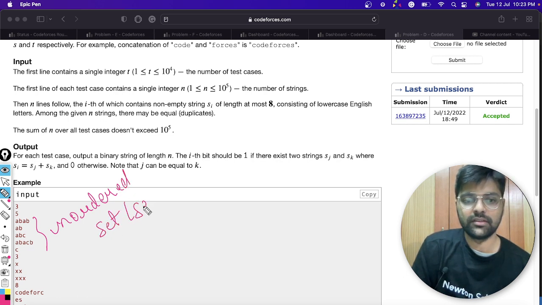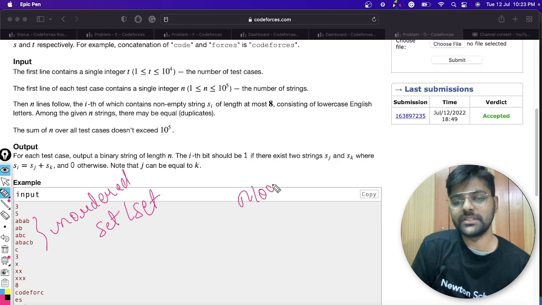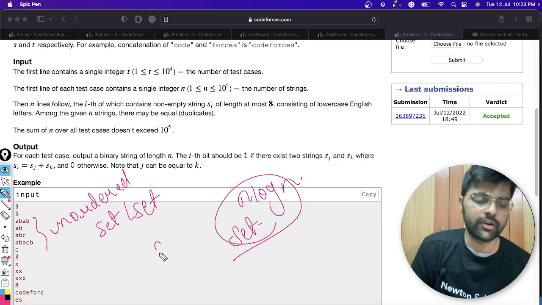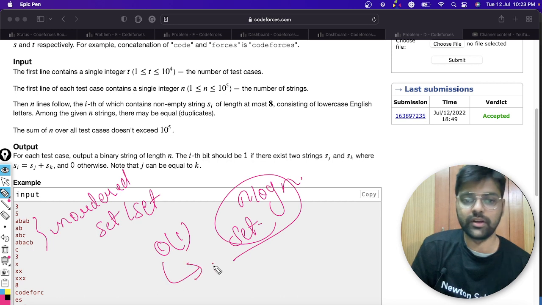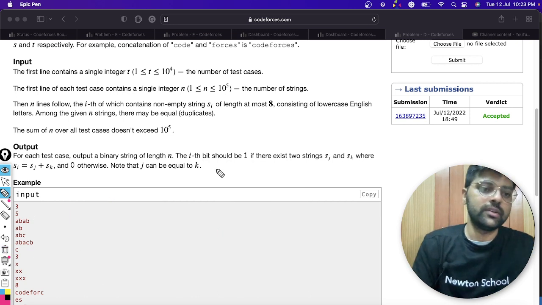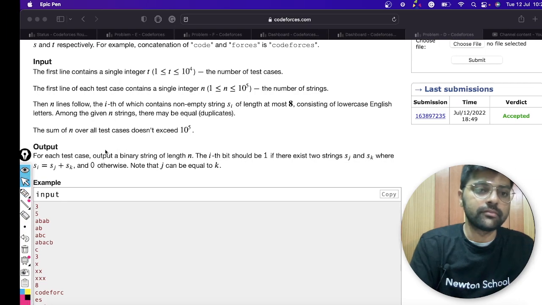Because an n log n solution was passing, I had taken set. If order 1 was required, I would have taken unordered map or unordered set, right? Now we will move to our solution code.